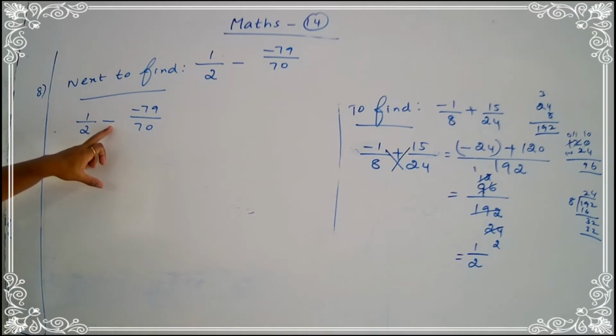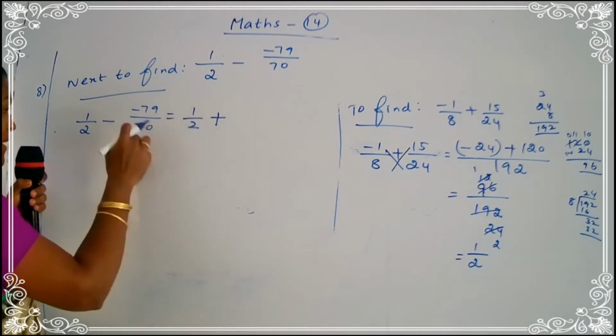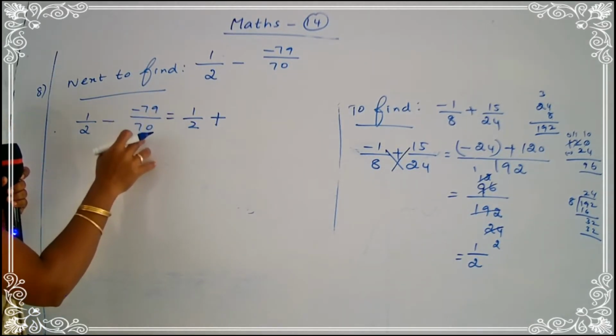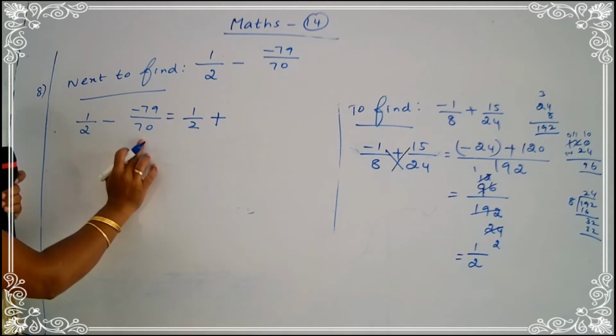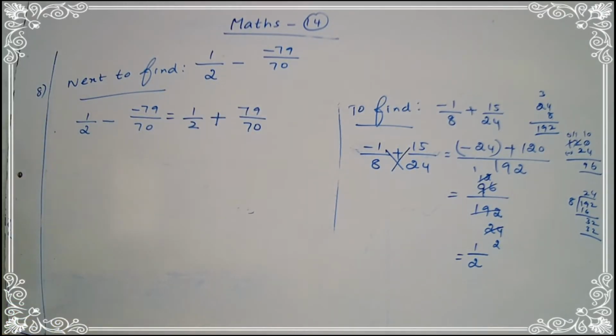Yes children, we add the additive inverse of this rational number. So 1/2, minus is changed to plus. That time you put the additive inverse. The additive inverse of minus 79/70 is 79/70. Okay. Additive inverse means